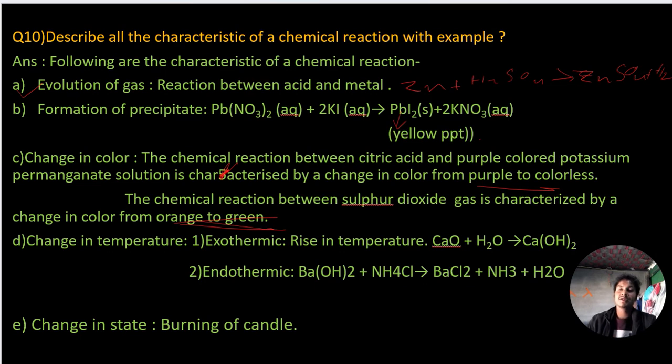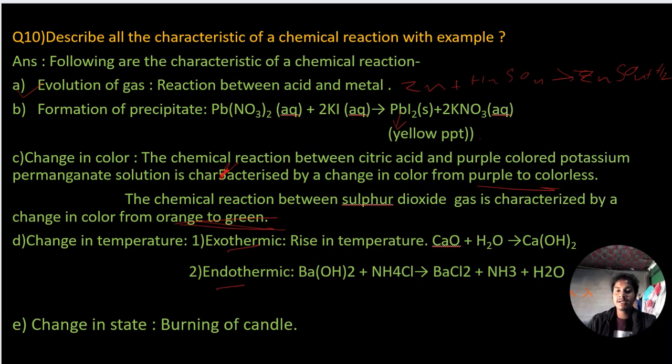Then change in temperature, it can be of two types. Sometimes it may produce, or you can say release heat, and sometimes it can absorb heat. Okay, so exothermic and endothermic. Whenever there is a rise in temperature in a chemical reaction, then it is called exothermic, and whenever there is an absorption of heat, or you can say a decrease in temperature, then it is